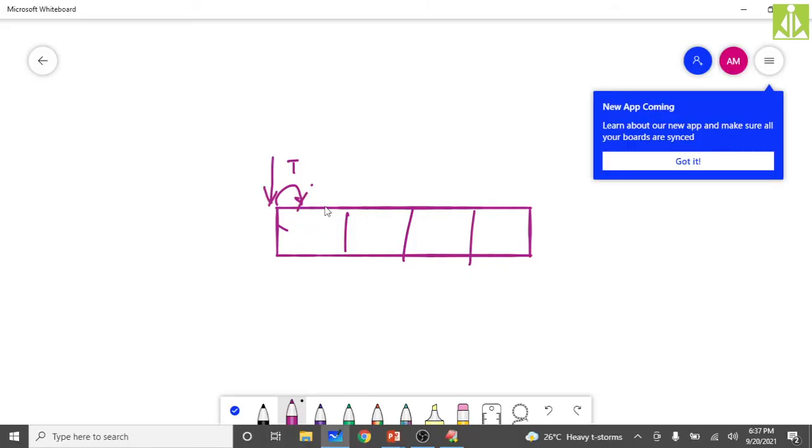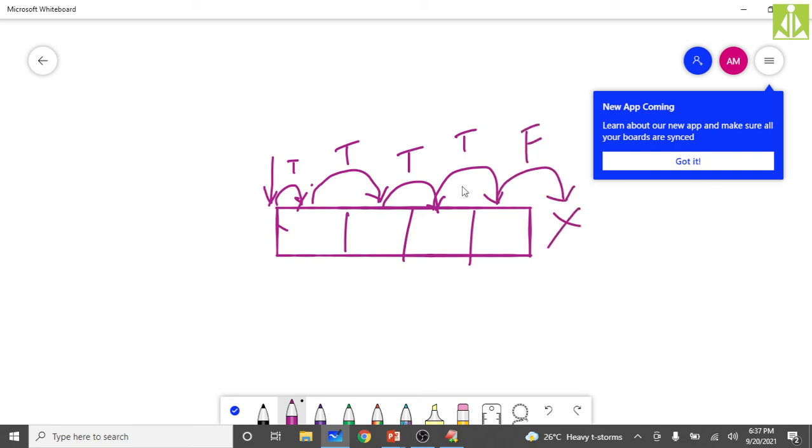It will go to the next element in the next iteration, and it will check for the next. If the next element is available, it will return true. Same thing from here to here, it will check available, true. From here to here, available, true. From here to here, not available, so it will return false. Likewise, it will return true 4 times so that we can read 4 elements from that array list.